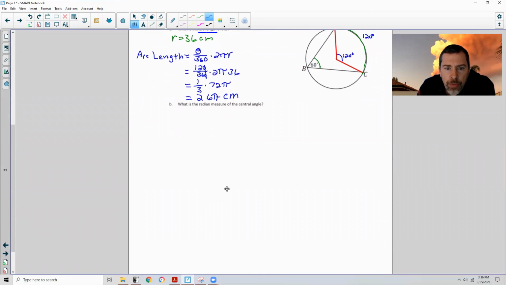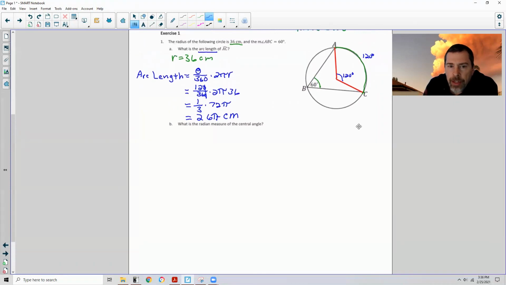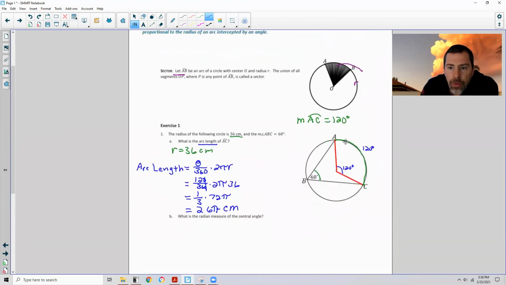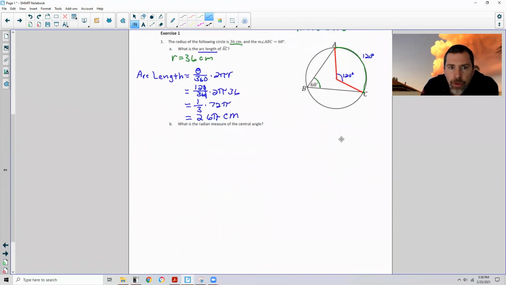Okay, so now it says, what is the radian measure of the central angle? Okay, well, what was our formula for radians? So you might want to write that every single time. A radian equals,